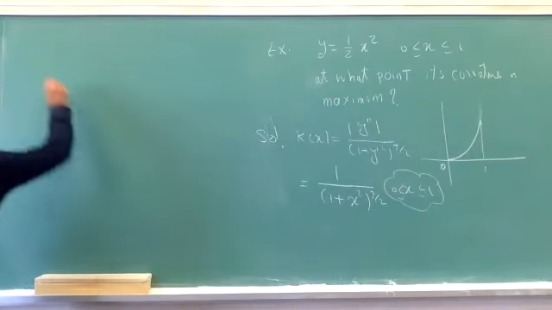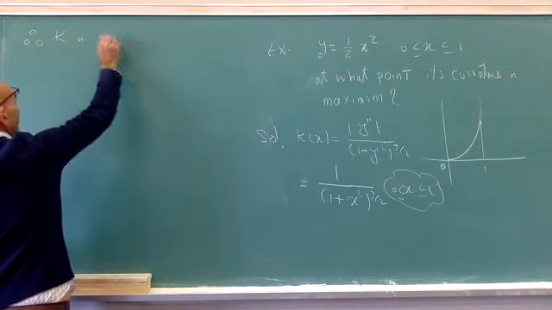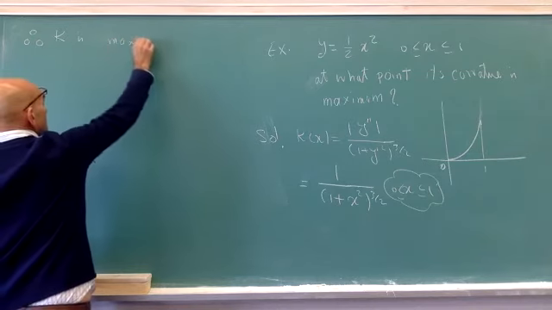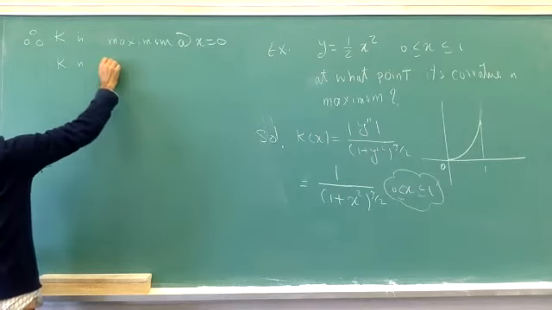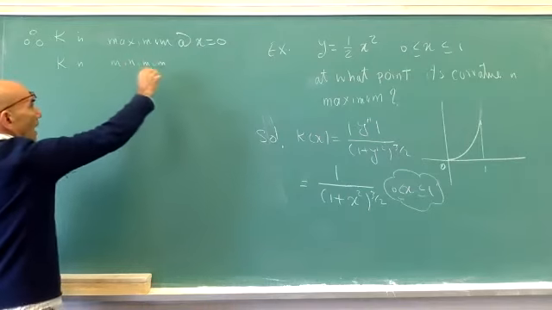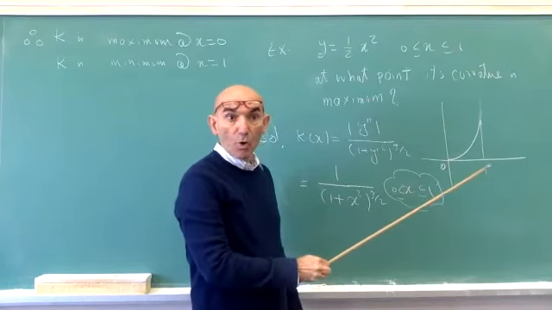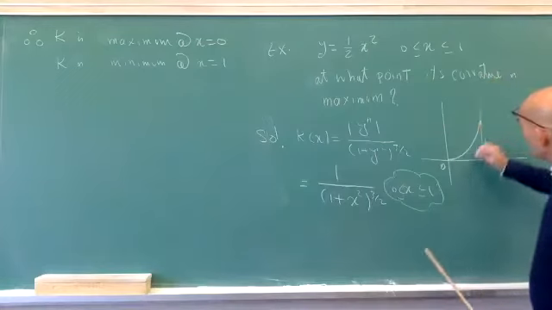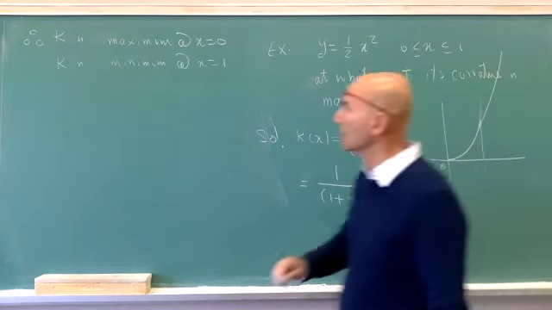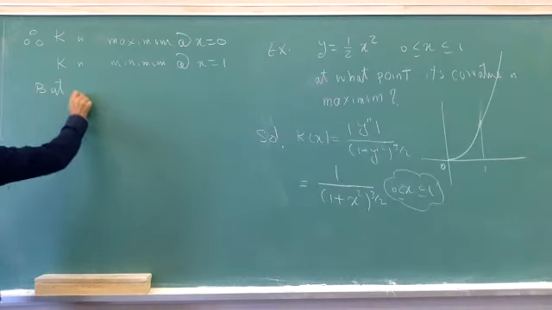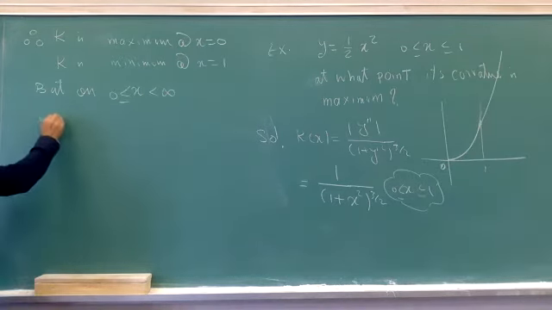Okay, so I just say like this, K is maximum at x equal to 0. K is minimum at x equal to 1. Remember, we confined ourselves in the interval 0, 1. You see, we just said it. But now, if you allow yourself to go to infinity, if you look at this function in the whole range, x greater than or equal to 0, the minimum is at